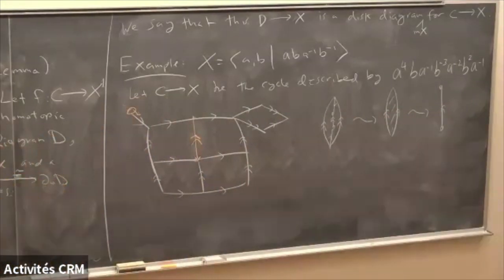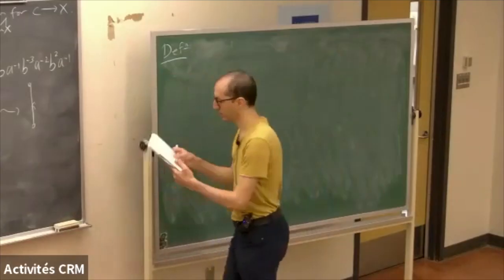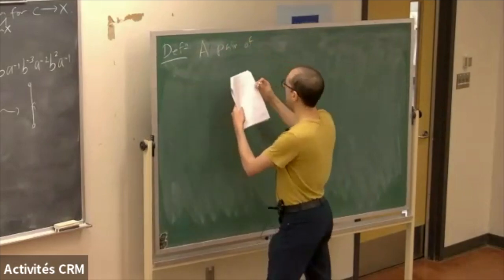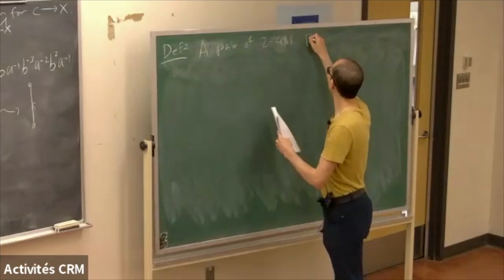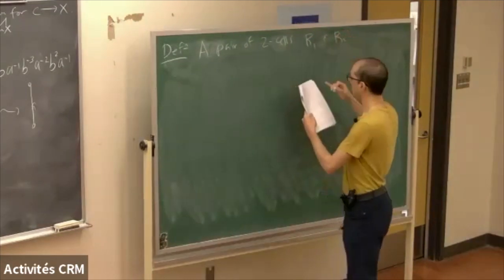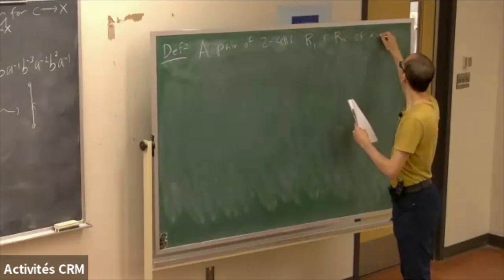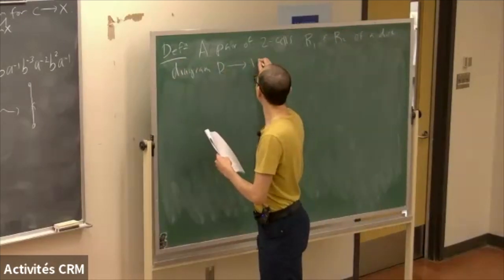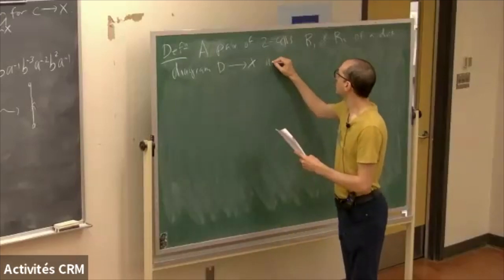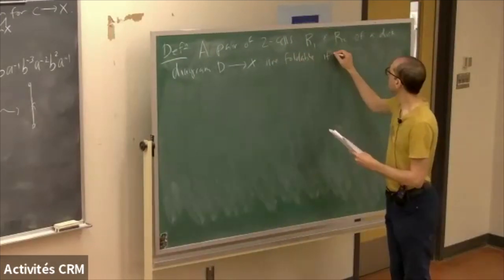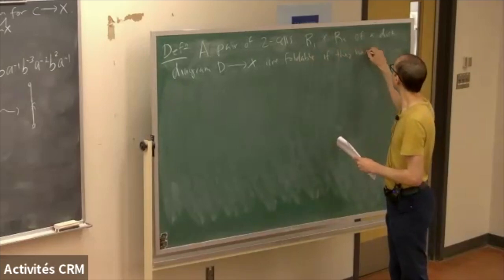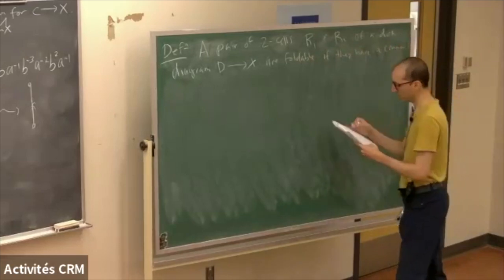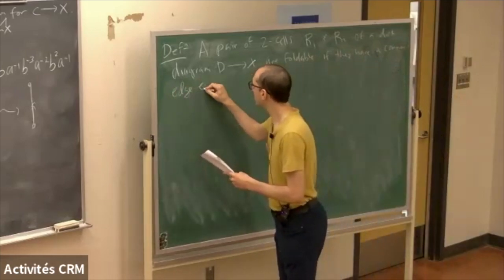And that brings us to the definition of a foldable pair. Okay. A pair of 2 cells, R1 and R2 of a disk diagram D in X are foldable if they have a common edge E